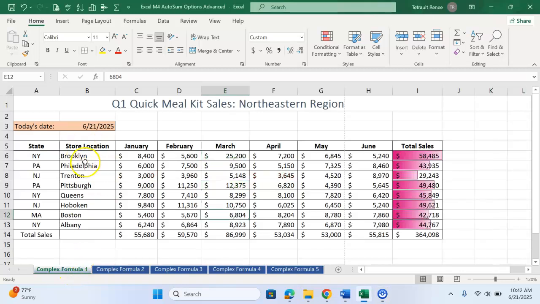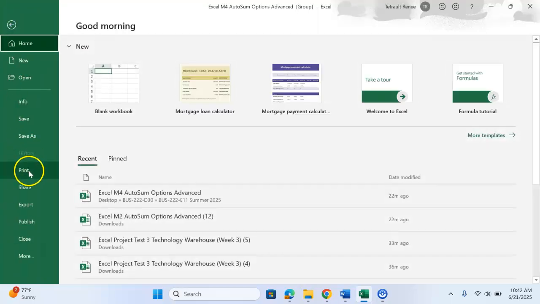Whatever we do, whether it's the orientation, the centering of the page vertically or horizontally, or a header or footer, it'll only happen on this worksheet. In order to include all 5 worksheets, you have to select them. So with the first one selected, hold Shift and click Complex Formula 5 Sheet tab name, and it selects all of them. Now you'll click File, Print,